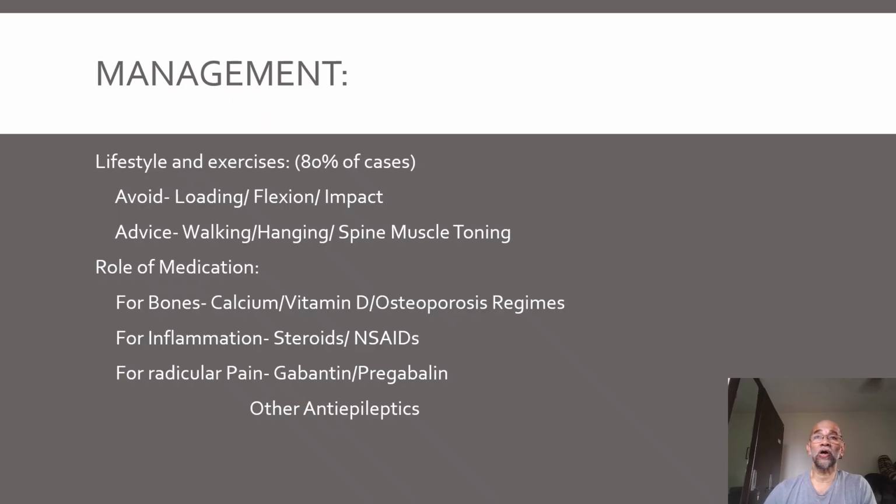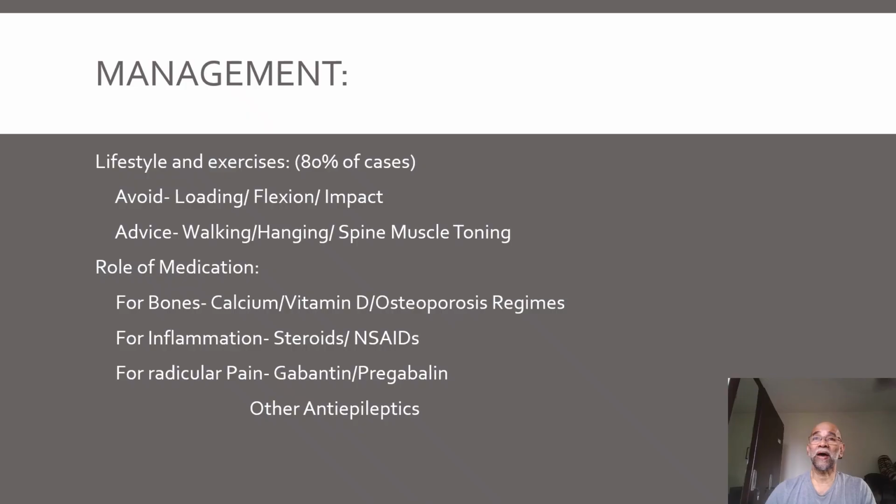We advise them to walk. Walking provides excellent dynamic muscle toning of the paraspinal muscles. Each step that you take, the muscles are contracting to keep the spine in alignment. Morning 30 minutes of walk will tone up your spine muscles for the day. Hanging by the hands is good because it can give traction to the spine. The weight to the hips and legs provides traction, and this might help relieve some minor sciatica syndromes and even